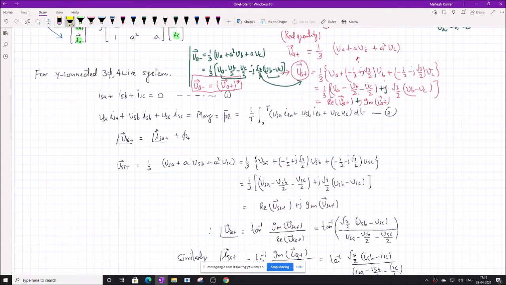So the first condition for the compensation is that after compensation, the source current must be equal to 0. The summation of the source current, meaning the neutral current in the source side, which is the sum of ISA, ISB and ISC, must be equal to 0. Now it means two things. If we have only fundamental in ISA, ISB, ISC, then it means that ISA, ISB, ISC are balanced.